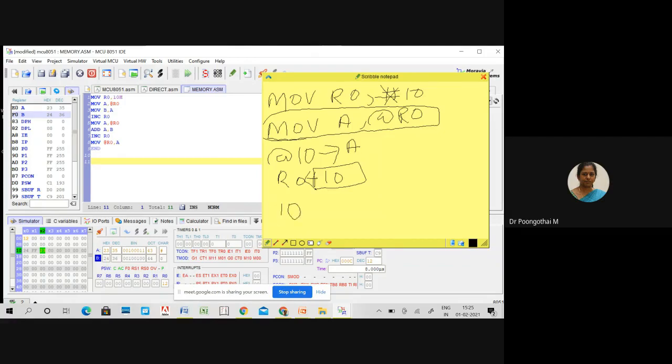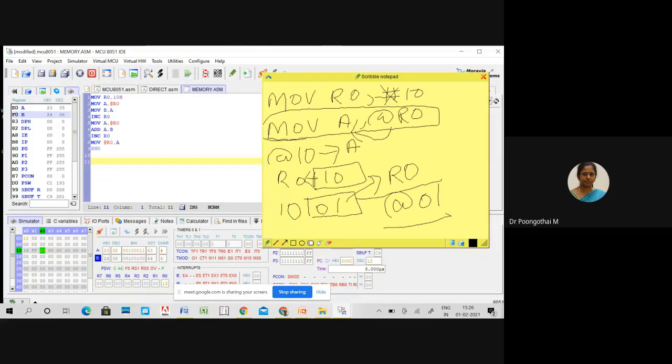Here at 10, whatever data is available, for example 01, that should be loaded into R0. So the meaning is at 01. The value available at the 01 memory location is transferred to the accumulator.